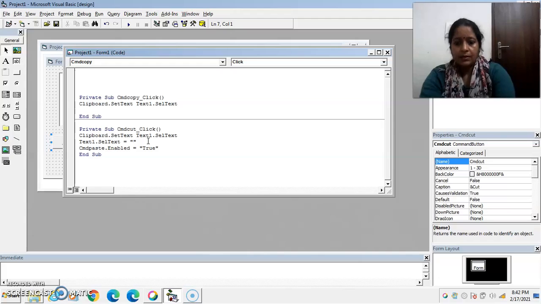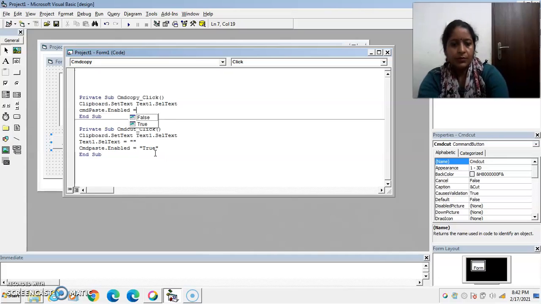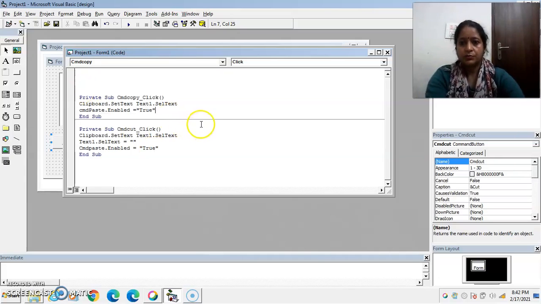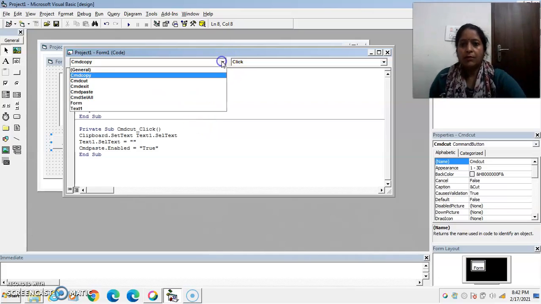Okay. Now after copying, cmdPaste command is activated, so make it enabled by setting its value to True. So this is the coding for copy command button.